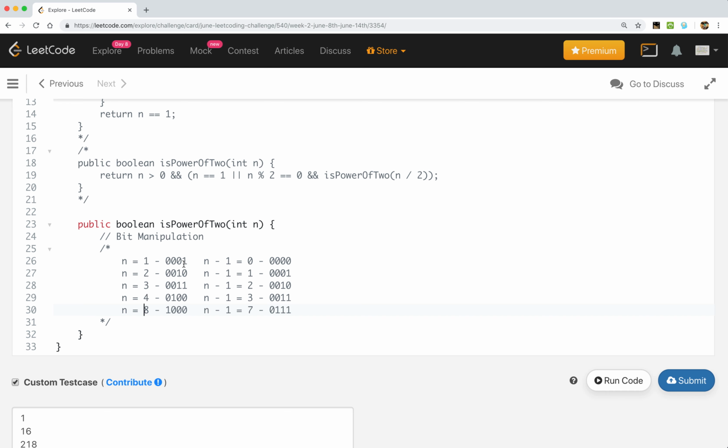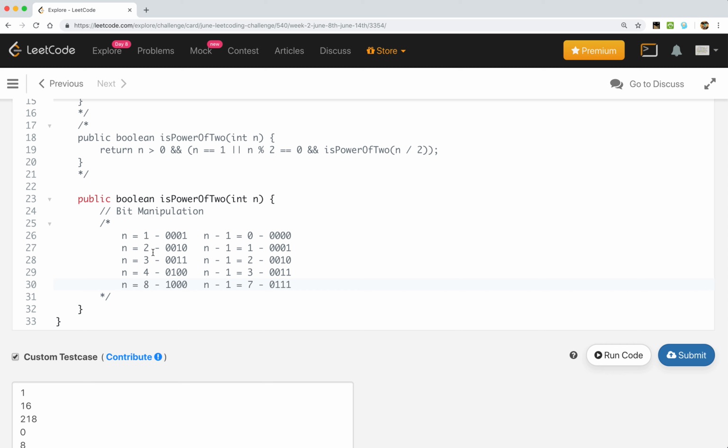If you can observe, the number which is a power of 2 has only one set bit. Now if we do the bitwise AND of n and n minus 1, let's see what we will get. We will get 0 0 0 here. Similarly for this one we will get 0 again.